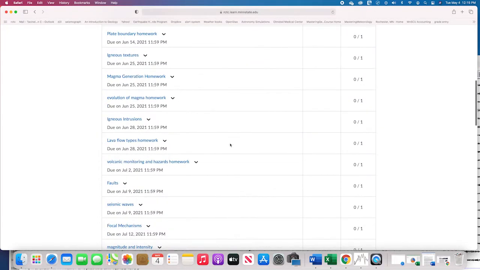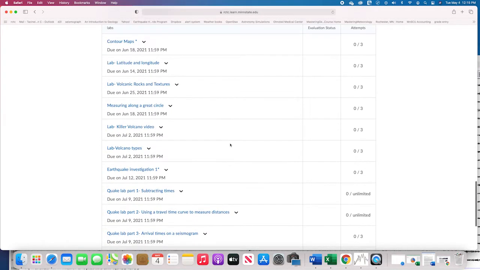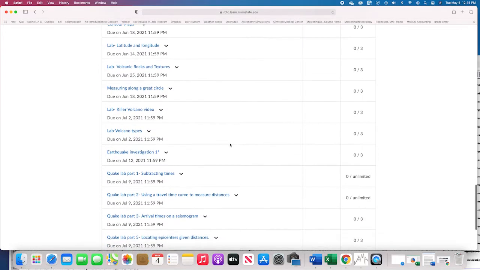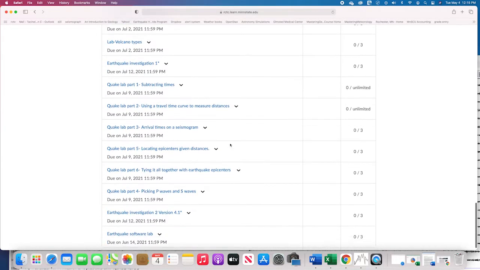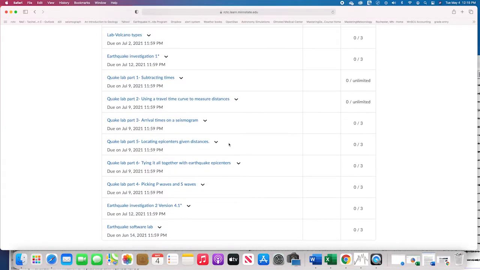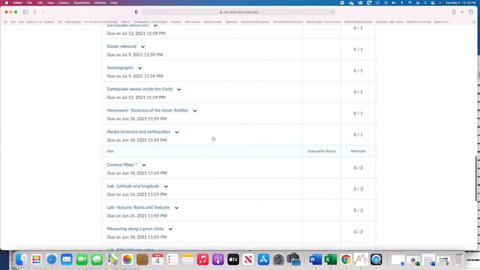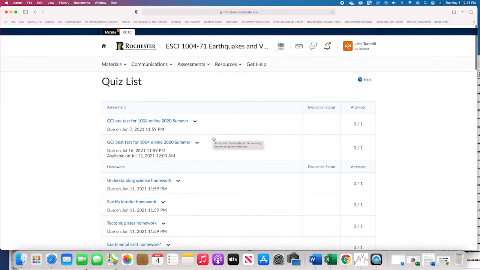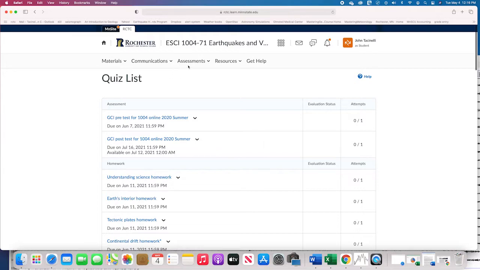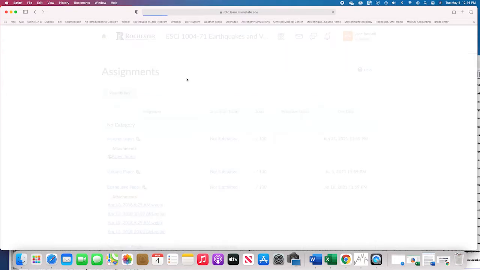So also the lab exercises are also in the quiz area. They are also set up as quizzes. So you have those down here. Don't worry if they don't look exactly the same as the ones you have here. I'm always changing things up, so that's the way we do it. So in addition to the homework and the labs, the other third of the grade is in the assignment area,